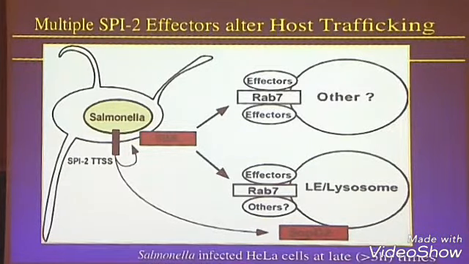So what we started to realize over the years is that the SPI-2 system effectors play a key role in Salmonella inside these cells, and the molecule that triggers these Salmonella-induced filaments is an effector called SifA. Many of the SPI-2 effectors end up accumulating on the vacuolar membrane around Salmonella, where they seem to have effects, although others seem to be able to go distally and trigger other effects in these cells.